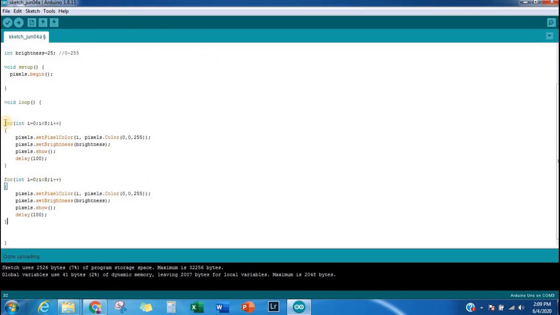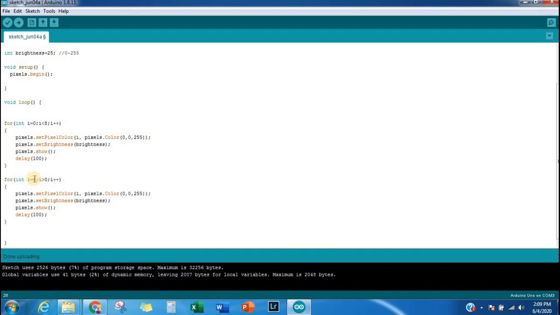When we were lighting, we started from the first LED and went up to the 8th LED. Now we want to turn the LEDs off, so we start from the 8th LED. So the first part of the for loop becomes 8, and it has to come up to LED 0. So we should change this to i greater than 0. When we put it like this, i starts from 8 and comes up to 1, right? So that is what happens here.